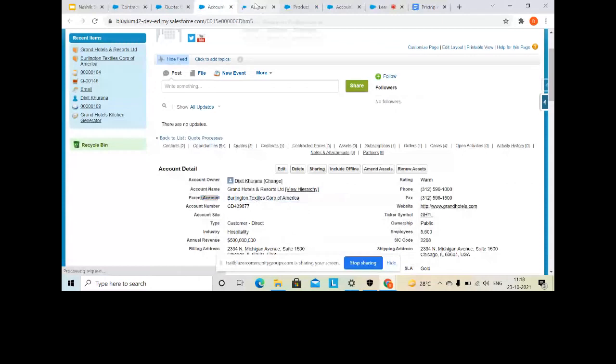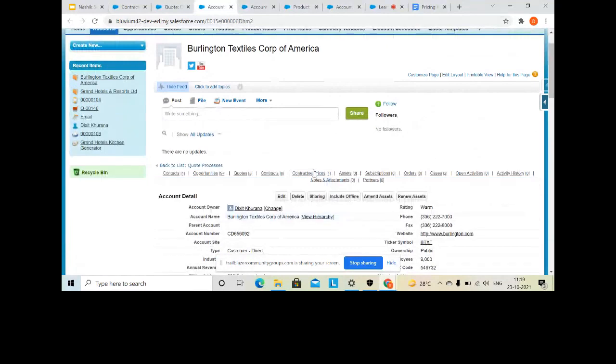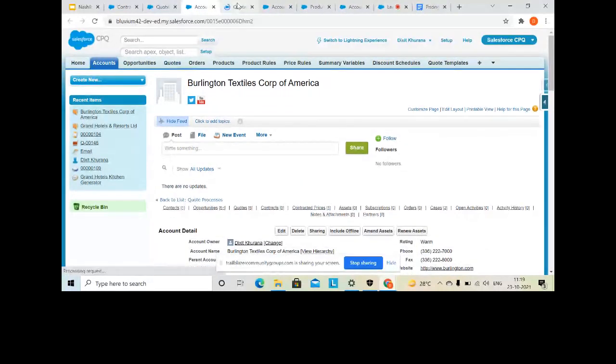Now when you set up a contracted price, if you see here, it automatically populates on child accounts in case of a parent-child relationship on account level. So let's suppose you have set up the contracted price on this account. If any account is having a parent, then automatically your contracted price will travel from parent to child itself. So first, let me show you a demo, then you will be able to clear it easily.